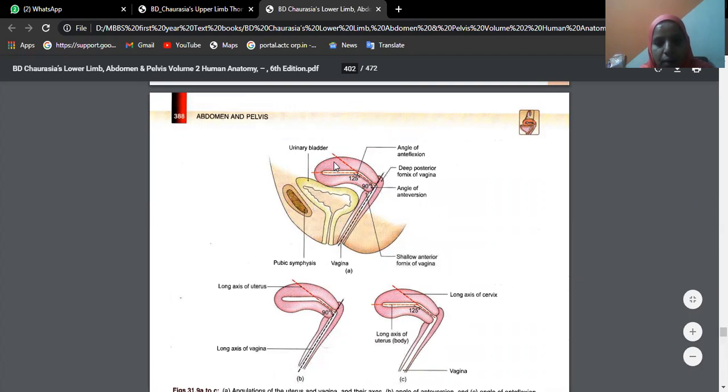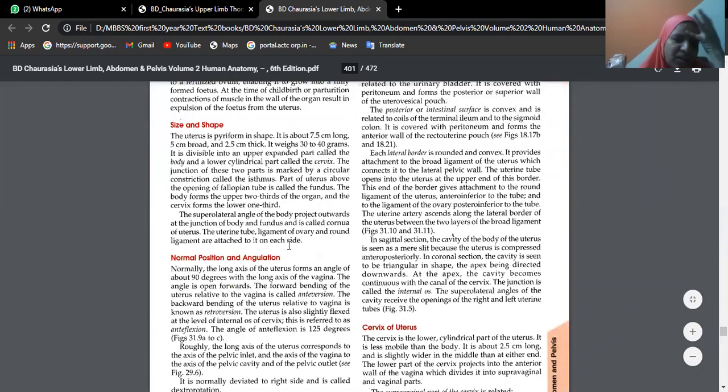The angle the body makes with a straight line is called the angle of anteflexion, which is 125 degrees. And this uterus is making an angle with the vagina also, that is 90 degrees. So that is the angle of anteversion. So we have the angle of anteversion and the angle of anteflexion. If you remember, in the female sagittal section, posteriorly we will have the rectum and anal canal, isn't it, beta? Urinary bladder, uterus, rectum, anal canal. Yes, ma'am. Now dimensions and all, they are quite easy.